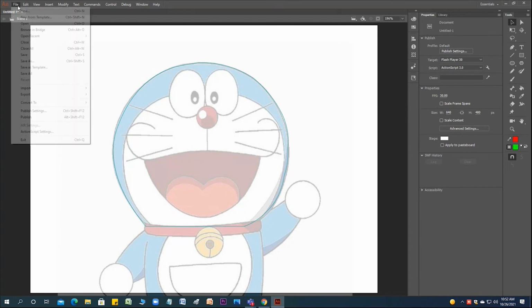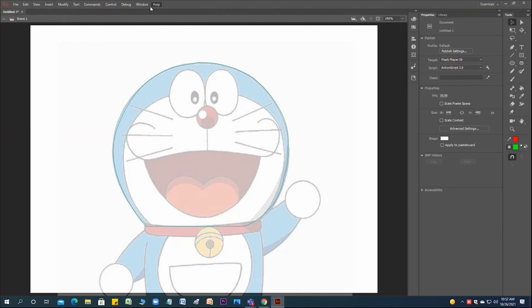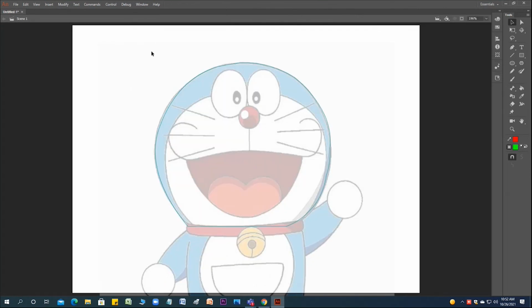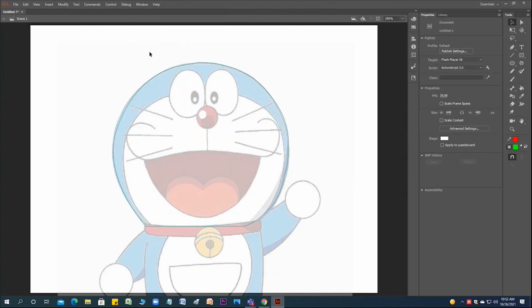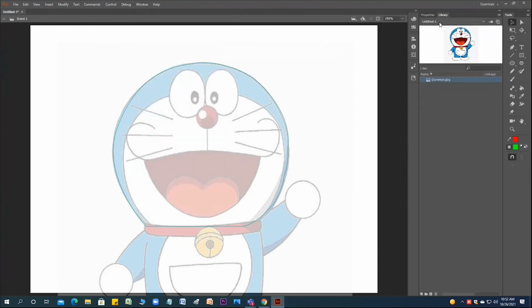First, make sure you have this character or this kind of character in your system already, and import the zip file, and go to import to library. The library is there. If it is not visible, then go to Window and check it. Like I do like this, so I can switch to my screen now. And from here you can drag it. First you have to do this.